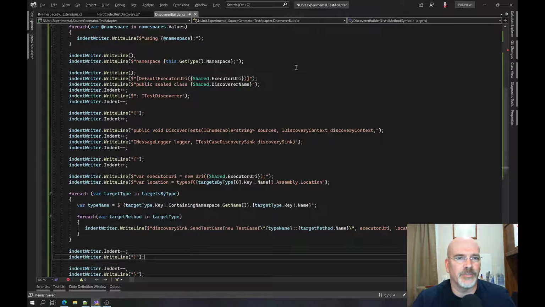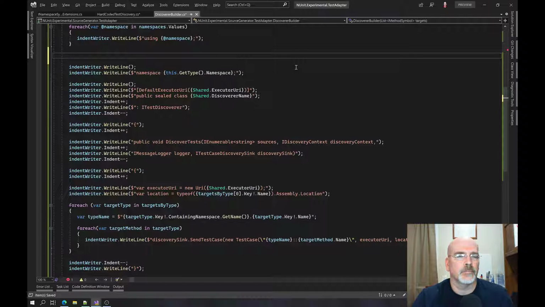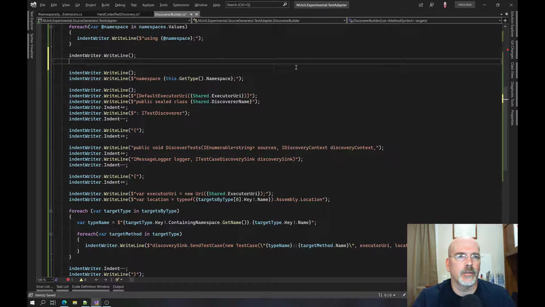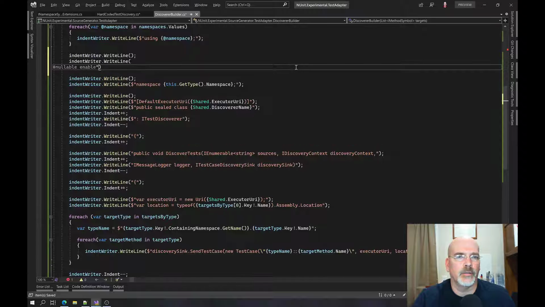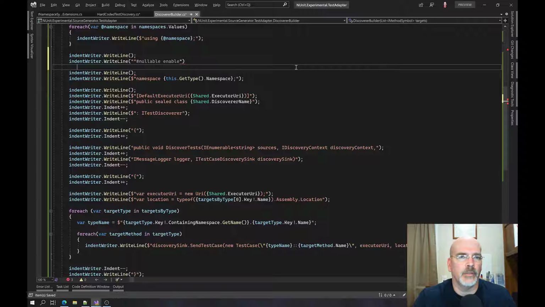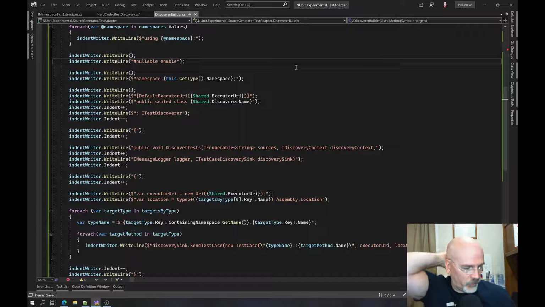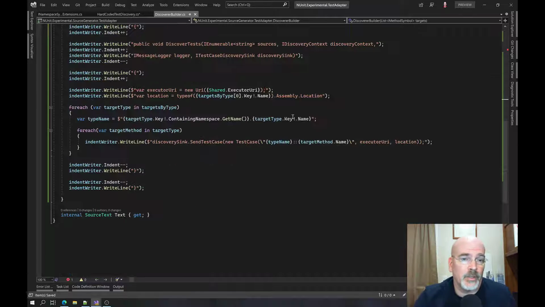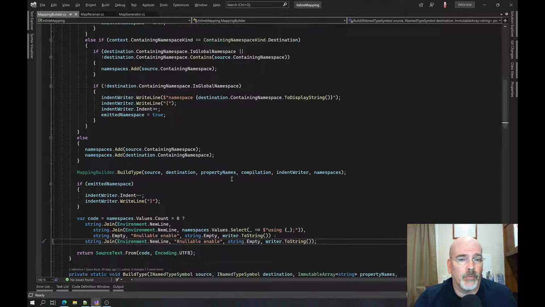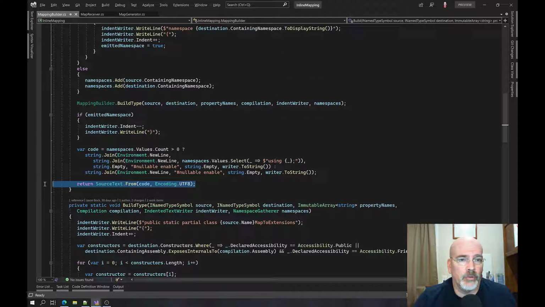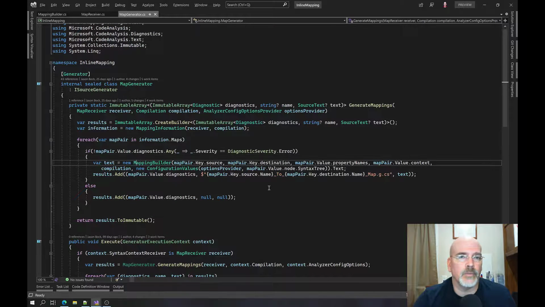Okay, so the writer write line, the writer write line, except we want all that, except not that. We want, geez, there, okay. So that puts it between the usings and the namespace. And then what we want to have is a way to say source text from code. Or what we want to say is really, no,